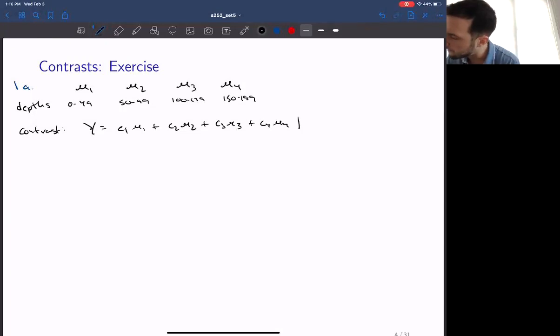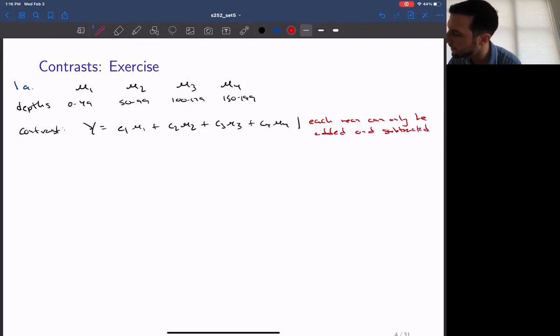Okay, so in order for this to be a contrast, each mean can only be added and subtracted. All coefficients, which are these things here, okay, so these are the coefficients,